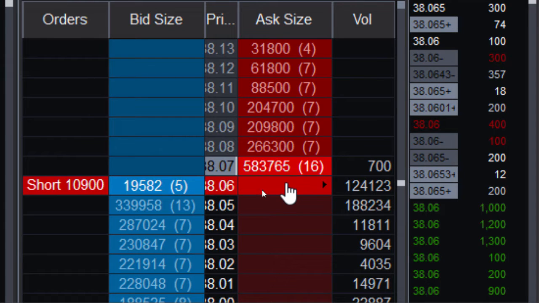So you'll see that I'm about to click in and sell 10,900 shares. You'll see it roll across the time and sales along with some other orders. You will see that 124,123 have traded total. This is the total number of shares that have traded at this price today. That's going to go above 160. And once that happens, this bid is going to not go away, but instead become 300,000 plus shares.